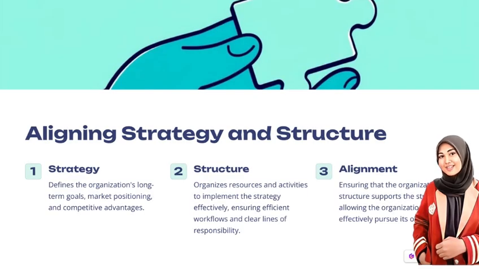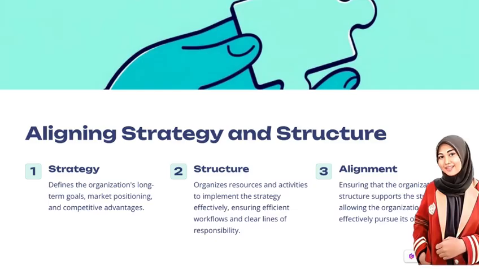This concept emphasizes the importance of integrating an organization's strategy with its structure to ensure effective execution and long-term success. It is divided into three key components. Strategy. Strategy defines the organization's overarching vision, long-term goals, and desired market positioning. It identifies the competitive advantages that set the organization apart in the market, serving as a guiding framework for decision-making